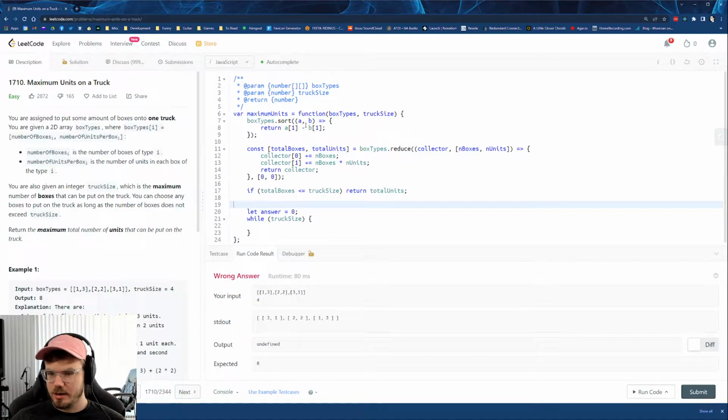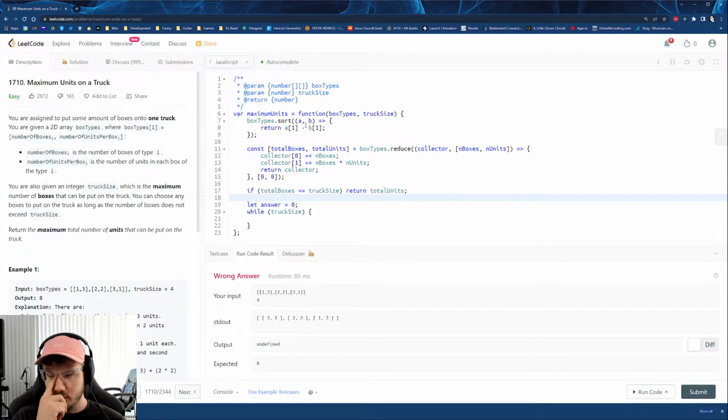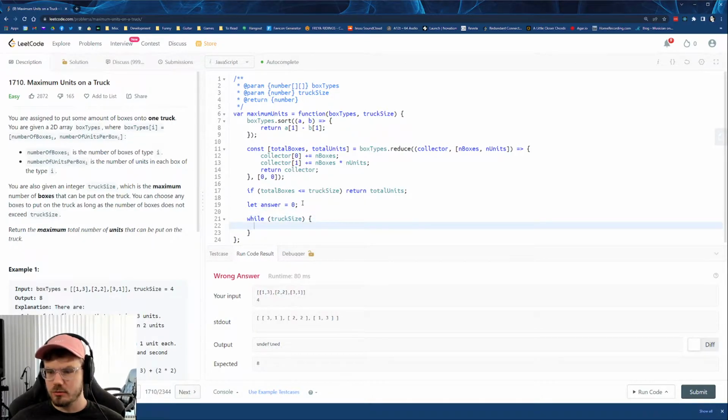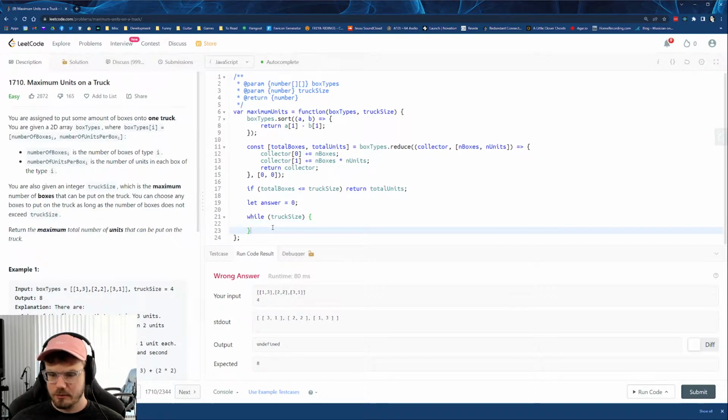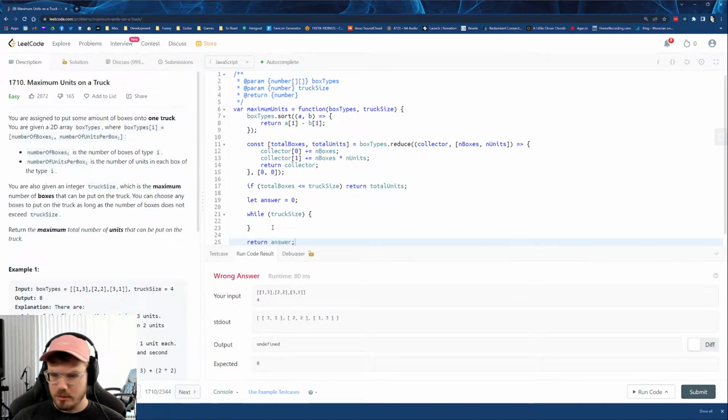If that's not the case, if we have more boxes than we have room for in the truck, then we need to take the best boxes. So we start off with our answer of 0, and while there's still room left in the truck, what we want to do is, so box types is already sorted, so we just want to go for the first thing in the box. There's probably a really fancy way to do this, but I think a simple way to do it would just be to do truck size minus equals box types